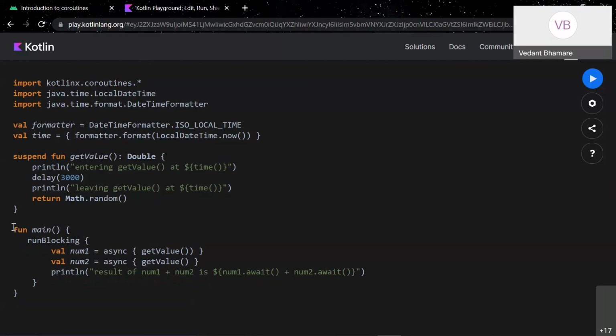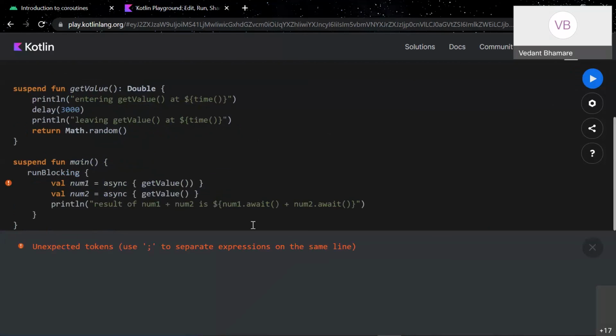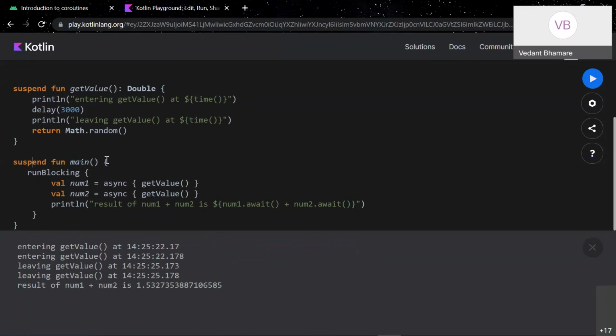And we won't be marking main as suspend, because yes, it would run, but it shouldn't, since we don't want the main function to be called on different threads. It should be called on the main thread.